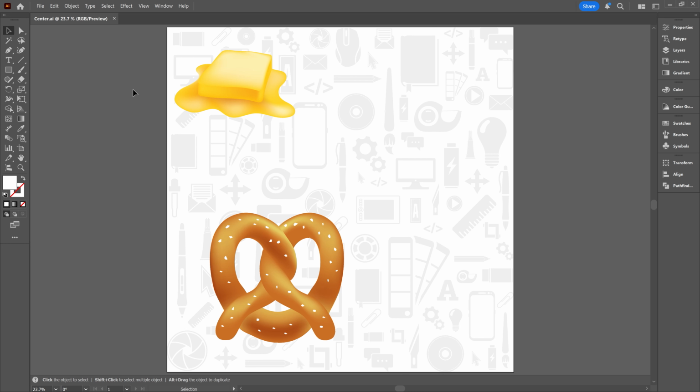Did you know you can center an object in the middle of your artboard in Adobe Illustrator? Not by dragging it and lining it up with guides, but just with a simple button. So here we have our icons, and we want to put one of them directly in the center of our